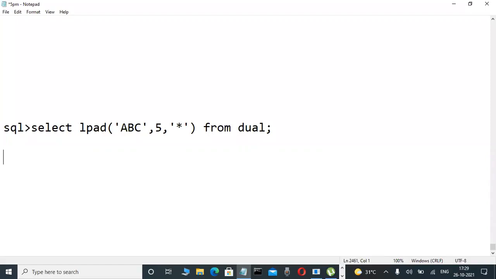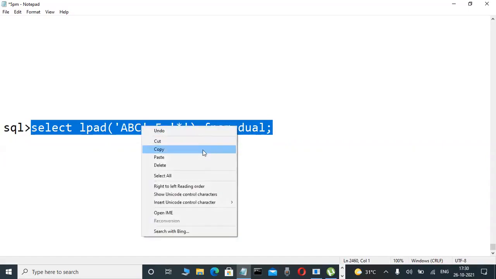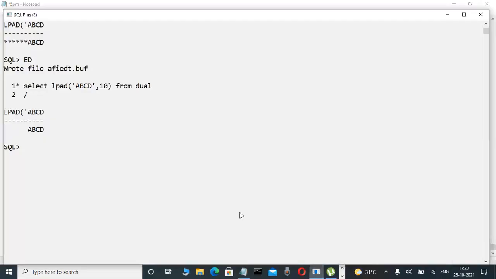Then what is the output? Star, star, ABC. That is what everyone knows. Now check it out. Slowly observe here. Now I'm copying this one. Just observe here: star, star, ABC. Everyone says that is the correct answer, okay? But unfortunately, suddenly,